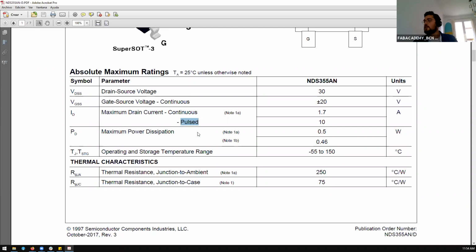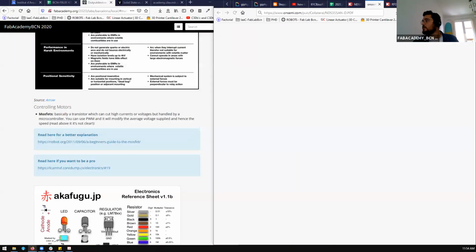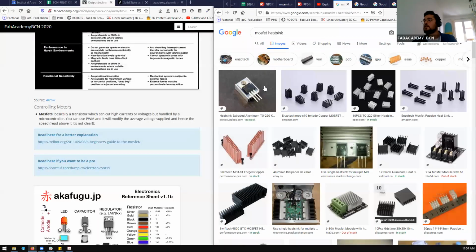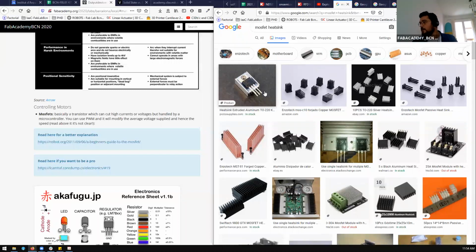And after we have the rating of power dissipation, etc. So power dissipation means it can dissipate 0.5 watts. And that's quite important because all the MOSFETs need to be cooled. You cannot run them, for example, at 1.7 amps for 3 years continuously. You need to cool them. And for that, you usually use heat sinks. So it's quite common to see the MOSFET with a heat sink to allow it to not overheat and so burn. Another technique is to use,